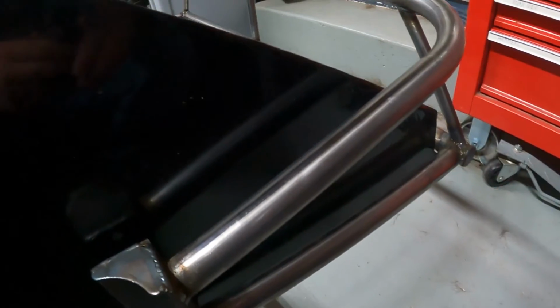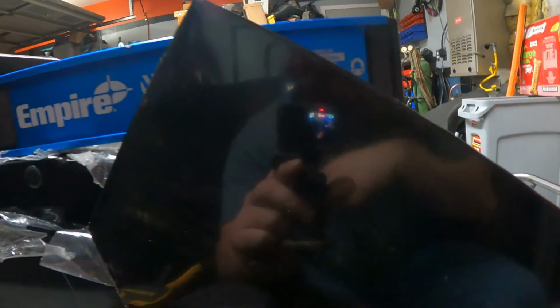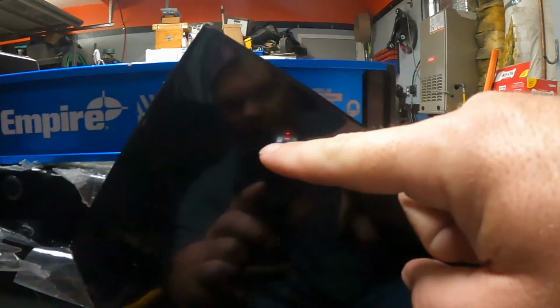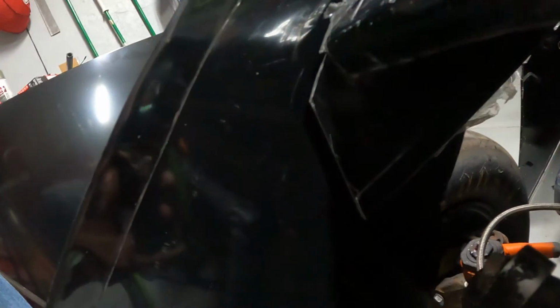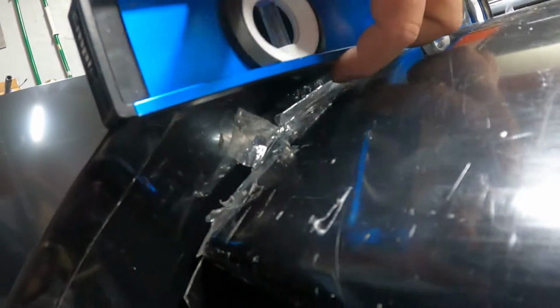This point was still where it started, but up here I raised it up like 2.25 inches at the very top, and this is in line with where this is going to end up having to be chopped, because there's a rule that the peak of this cannot be higher than the hood. So I just wanted to get that set up there. But if you look at it from the inside, I can still have all of the rest of what's in there under there